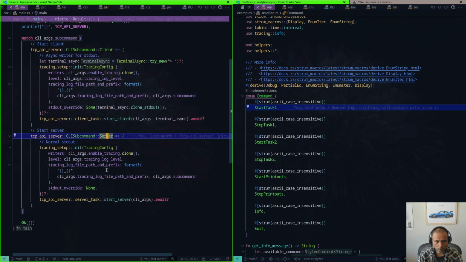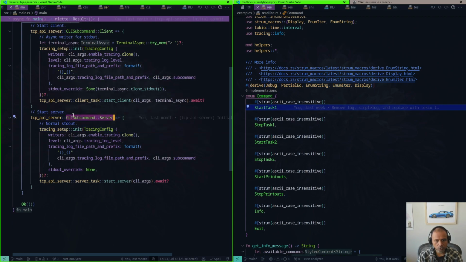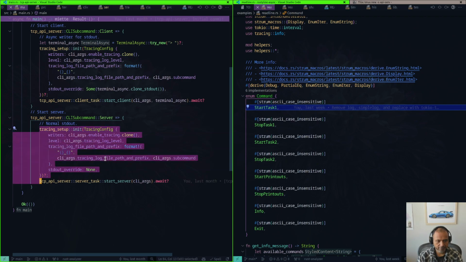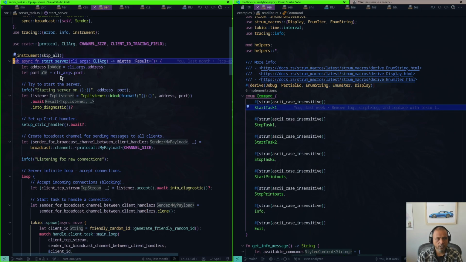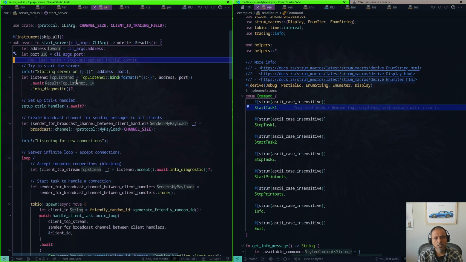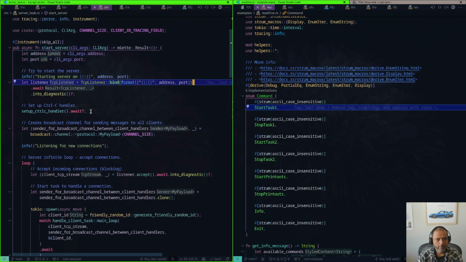Okay, so now let's look at the server code path, or the subcommand, and it sets up tracing. That's all of this stuff, and then it starts the server. So keep in mind this is still happening on the main function, which just called this function. And so nothing interesting here. So what it does here is that